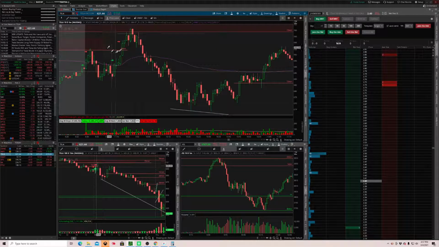At the time, I didn't know that there was a zone, and of course, what did I do? I held my position, but I didn't hold it long enough. Had I known that I could have gotten out over here, I would have. But this is the point: you can still hold a position even though it's going into